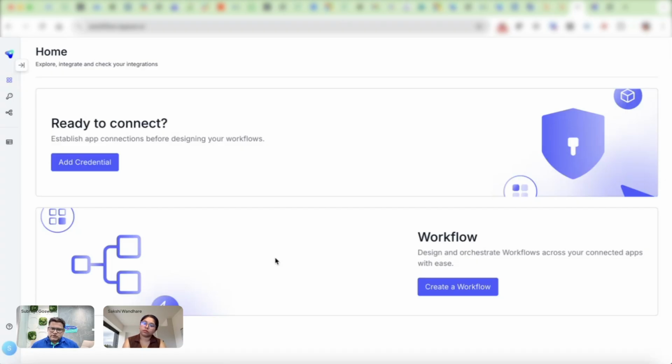So they can design as many flows as they want, but it cannot be used for a production environment. So they cannot activate that for production. They can test it within their test environment, within their freemium account. So I think the freemium account will be a very good starting point through which they get some experience and idea. In the meantime, if they like the platform, they can contact you as a channel team member, and we can discuss the partnership model and work together.